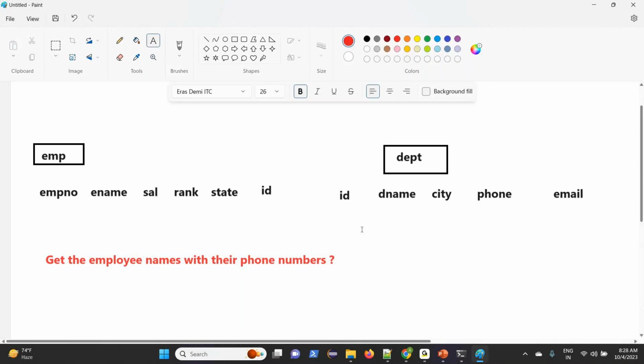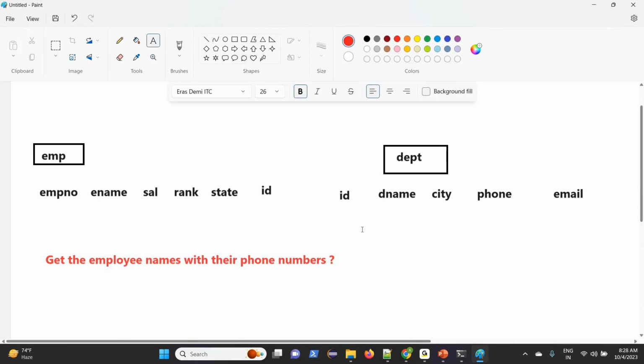Now here how many tables are you going to use, all of you? How many tables are you going to use there? 2 tables.